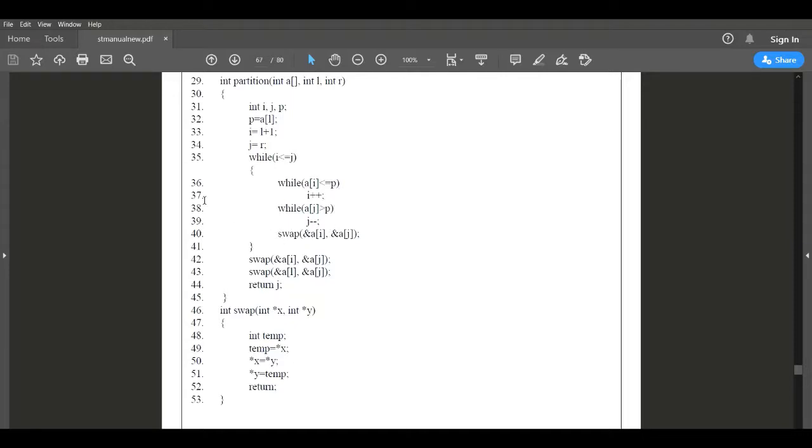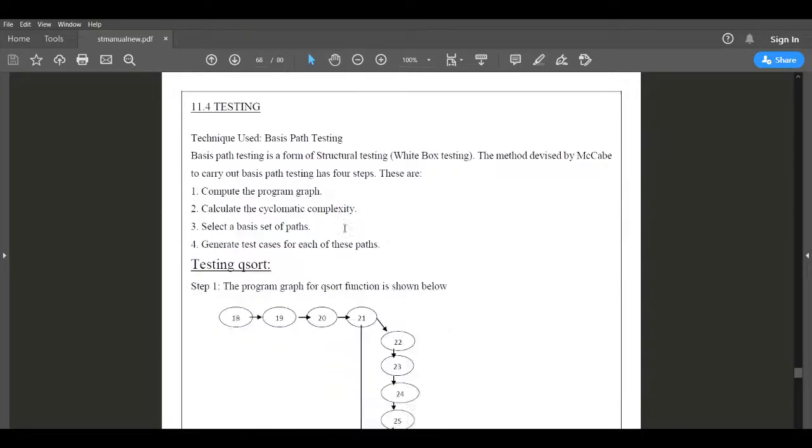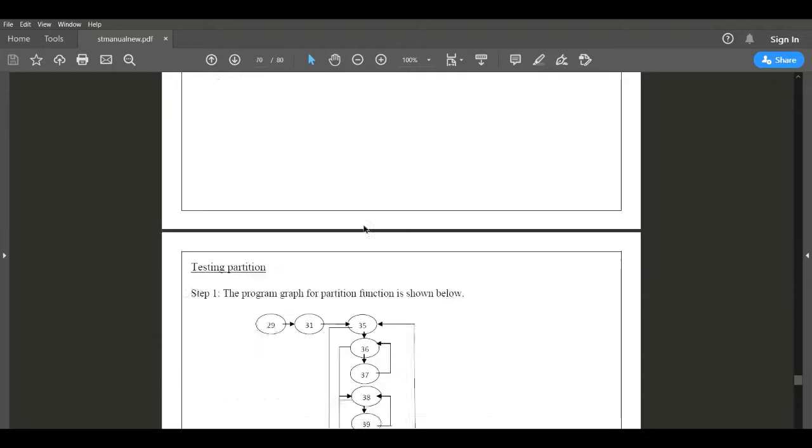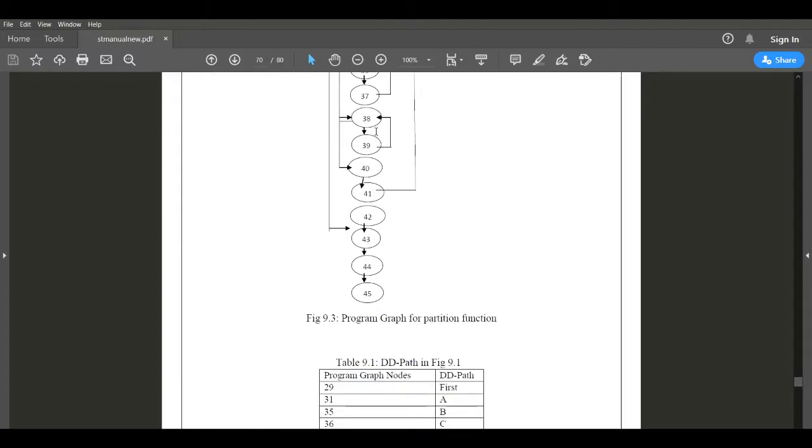Once this becomes false, then I need to jump to line number 40 and end with 41. 38 itself is the looping statement, then 39 will execute, then this will repeat. Once 38 becomes false, I jump to 40 and it ends with 41. 41 is outside the loop.